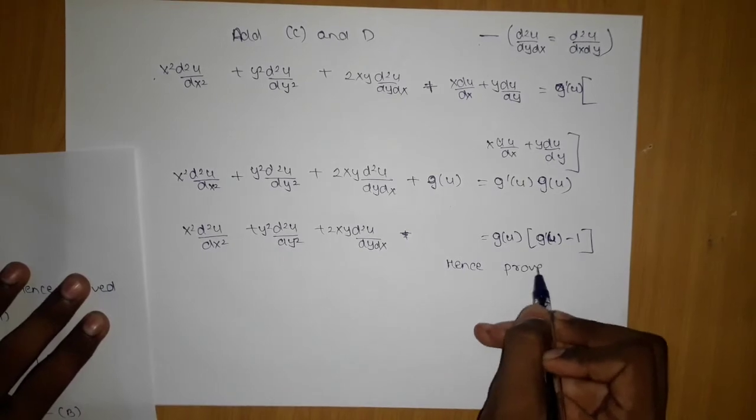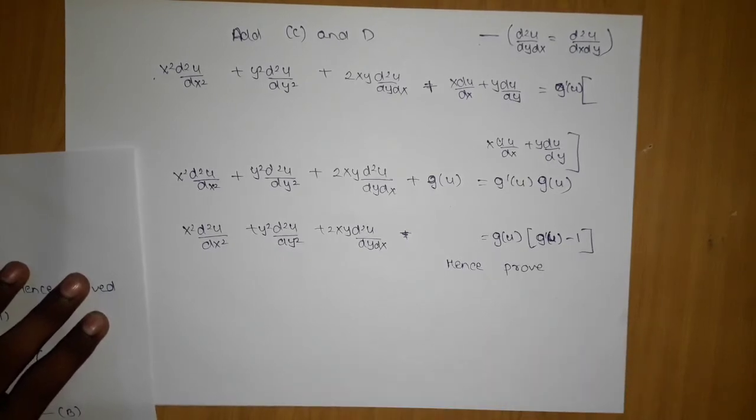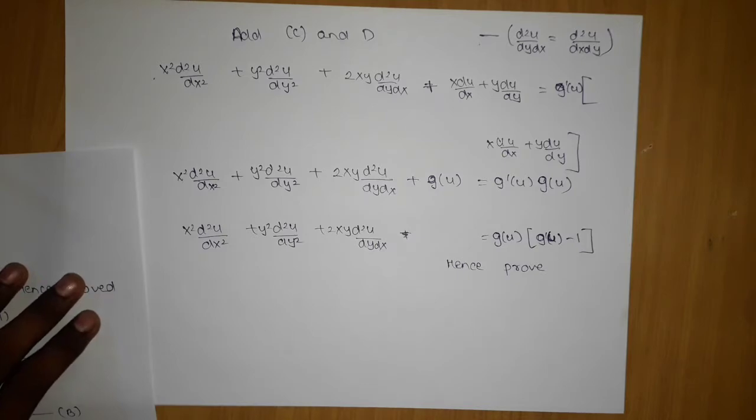But I am going to mention again, the proof is not of no importance. It can come in the paper as a theoretical question. But what is more important is that there is a high probability of questions coming from this topic compared to the theorem, because the theorem is very easy. You can clearly see there is twice differentiation, and in the starting also it was twice differentiation. So I don't think that the theorem is that important, but yeah, you should derive it.